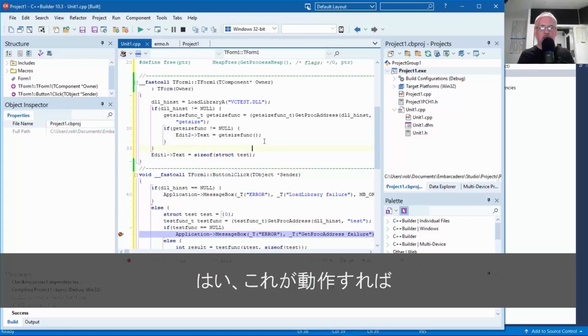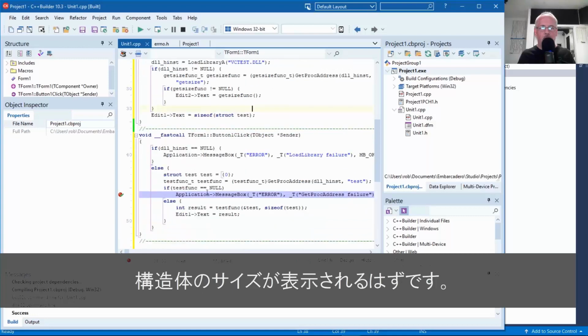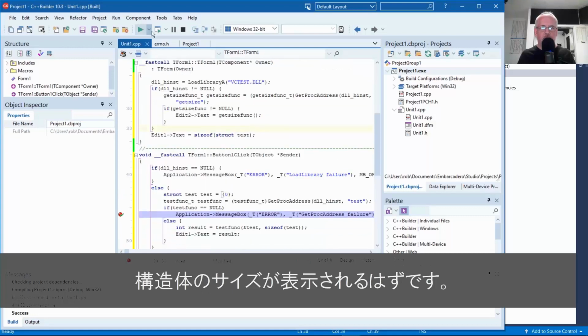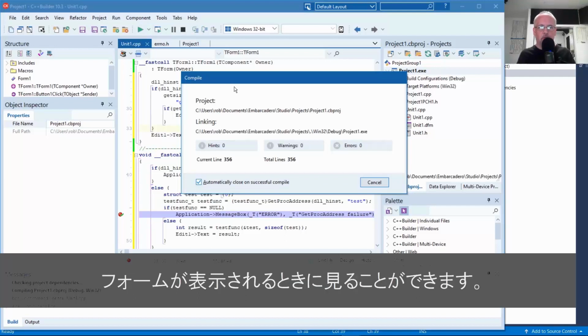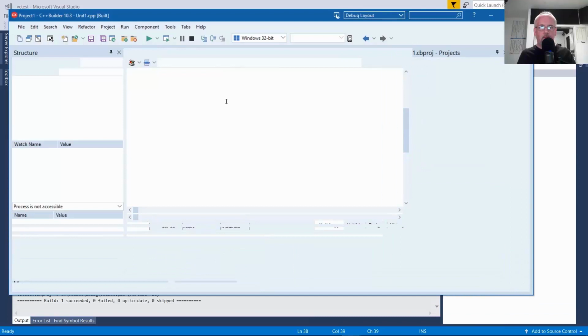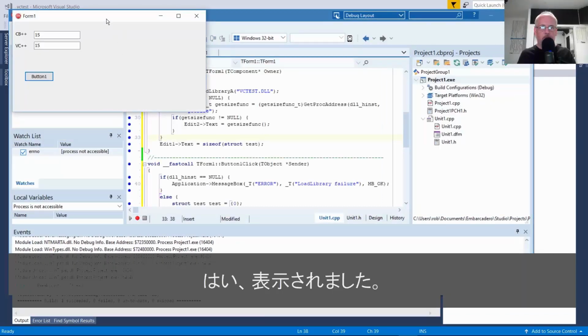All right, so if this works, then those two edit boxes should be populated with the sizes of that structure during runtime. During the constructor, actually during the constructor of the form, and then you'll see it when the form shows. There we go.